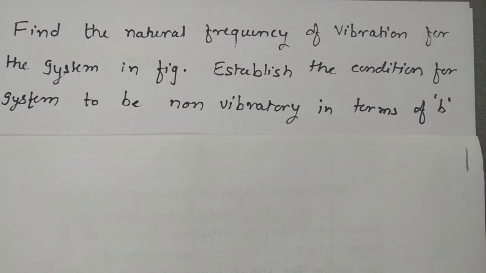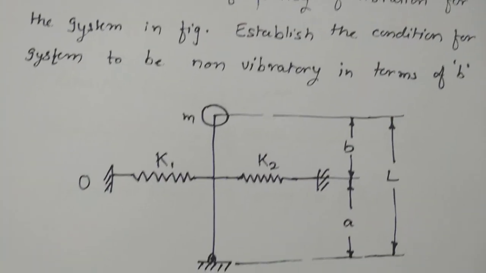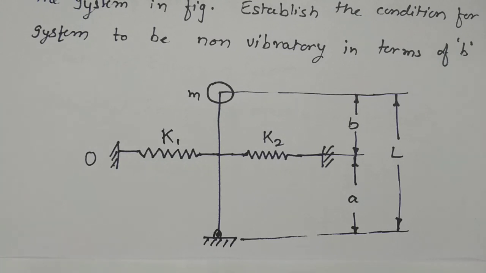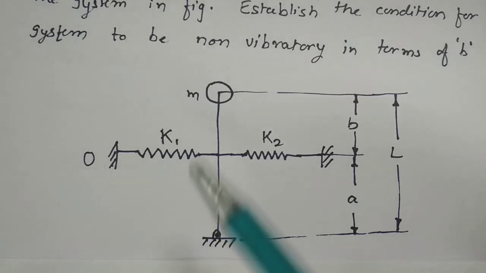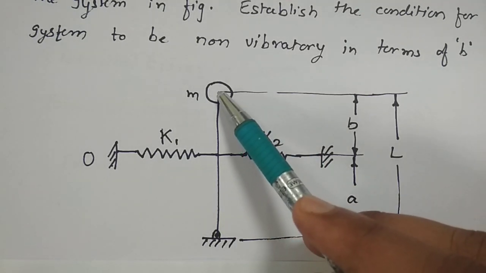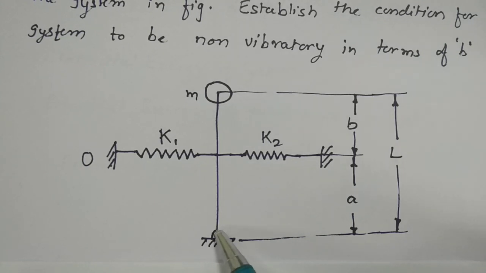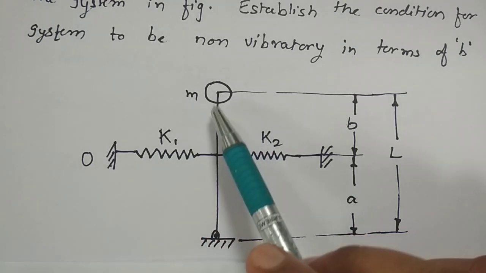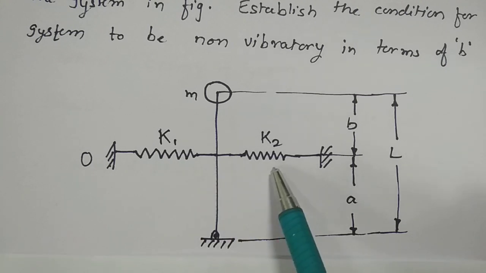So which system is provided? We will see the system and then we will understand it. The system is like this. There are two springs attached to the rod of a pendulum. We can say this small mass m is connected to the fixed support by a hinge, and it is supported by these springs, having stiffness K1 and K2.